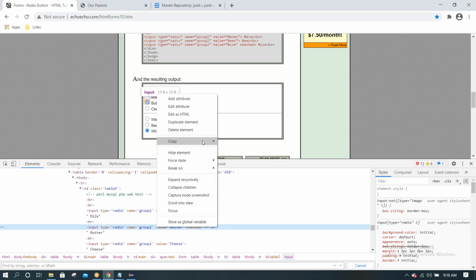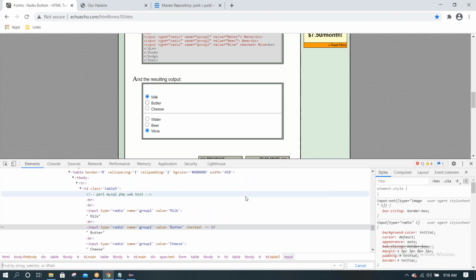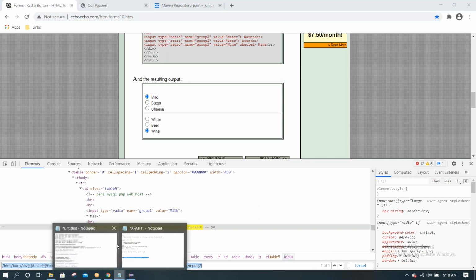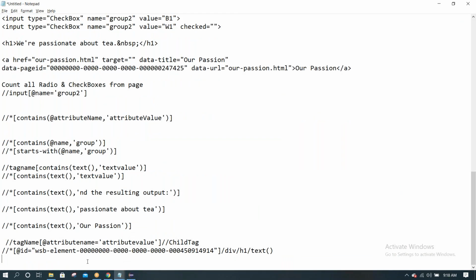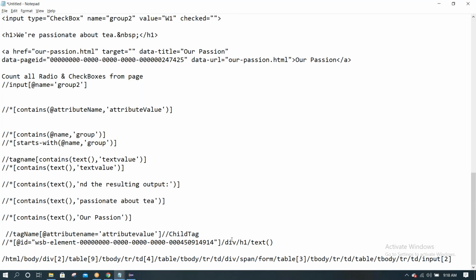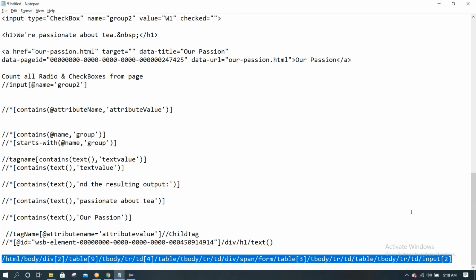What XPath is it giving? See, if we copy the XPath manually, it is displaying it from the root node. This is called absolute XPath. We are not recommending it. Why?